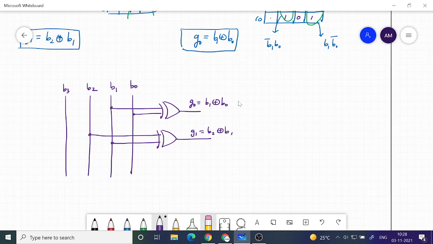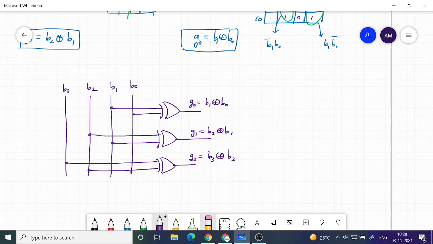The next one, you see there is a pattern here. If I go by that pattern, I will take this one and this one, and then I have G2, which is B3 XOR B2.